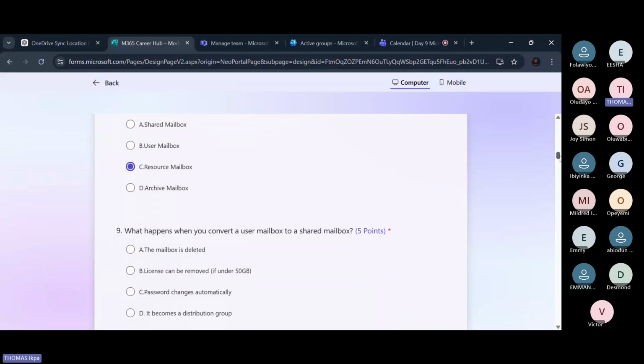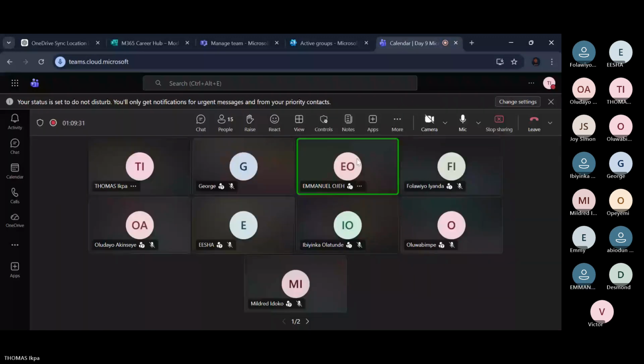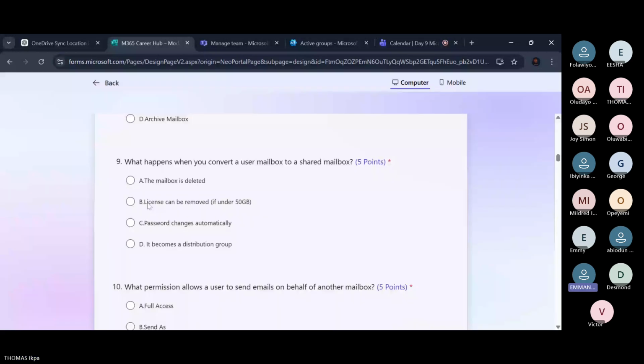The next one: what happens when you convert a user mailbox to shared? A lot of people fail this one. The license can be removed. I think that's the correct answer. Yeah, that's the correct answer, because it doesn't need a license. Yes, it doesn't need a license. So the next one,